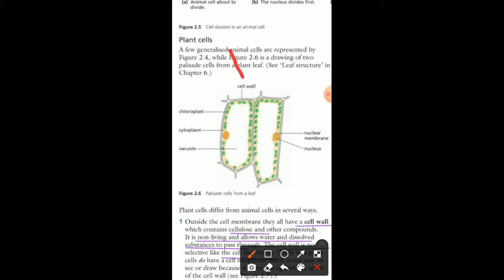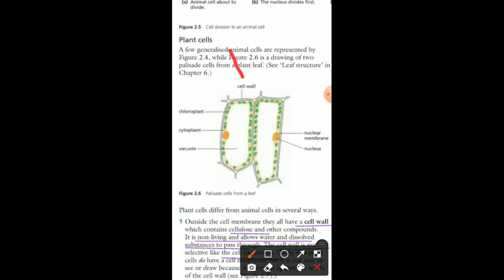Now, the plasma membrane is highly selective. It is capable of selecting which materials should move into the cell and which materials should move outside the cell. So it is extremely selective, and the cell membrane won't allow anybody who is not needed to enter the cell. So that's it.